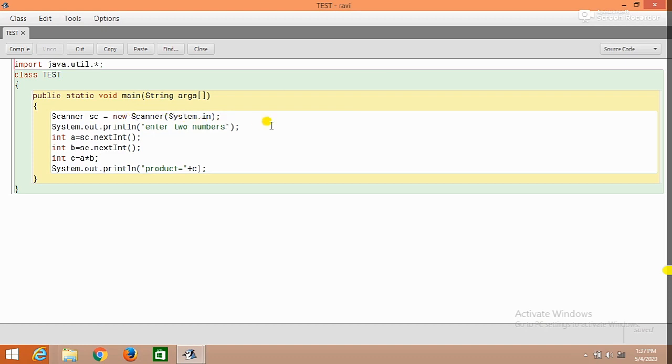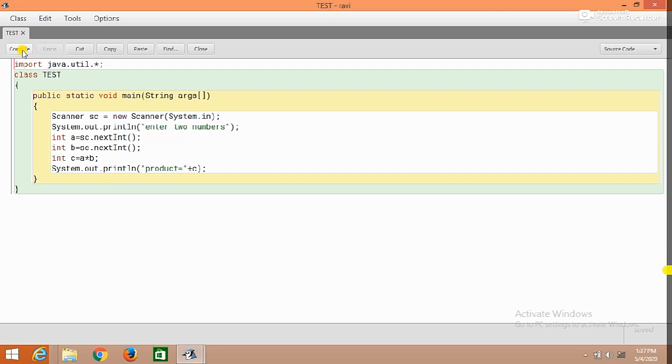Here I am taking two numbers. This is called prompting. In the last video I have already discussed this. Next, int, since we are taking integers; it can be a different data type as well. In the next video I'll let you know. You can see two values are taken and we are finding the product, and here the product is being printed. When I compile, I see no syntax error.